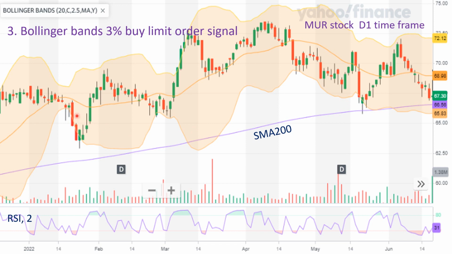Number three, place a buy limit order 3% lower than the prior close price before the market opens. What does it mean is this: if you look at this candle, it closed outside, and then the next day before the market opens, you place a buy limit order 3% lower than the close price of this candle. So let's say the close price is $100. You place a buy limit order at $97, and you wait to see